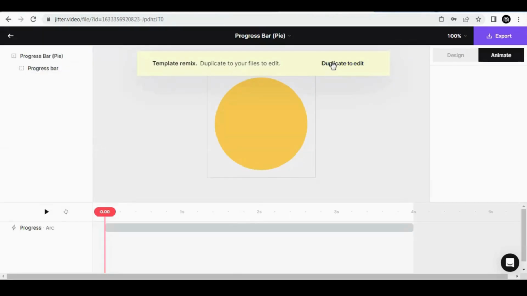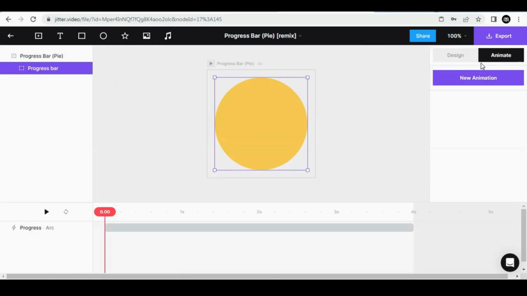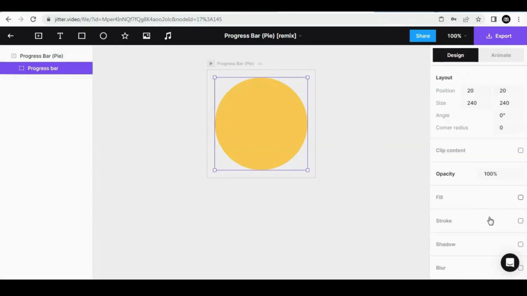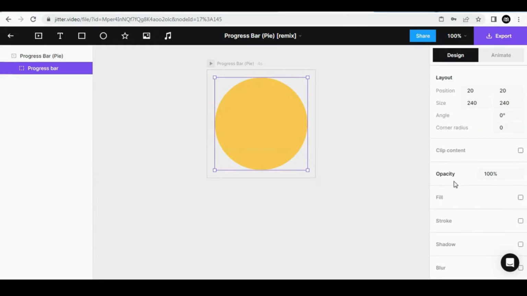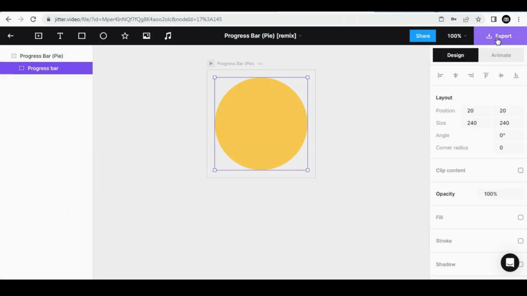Click duplicate to edit. If you want to change the color, click on this pie, and there is color. Yeah, go to export,